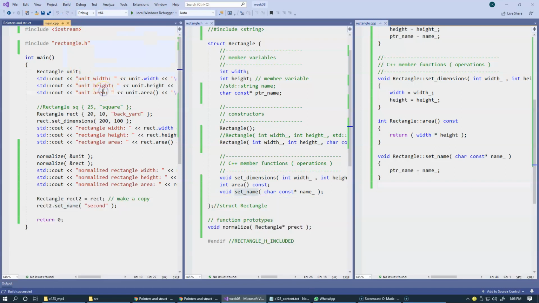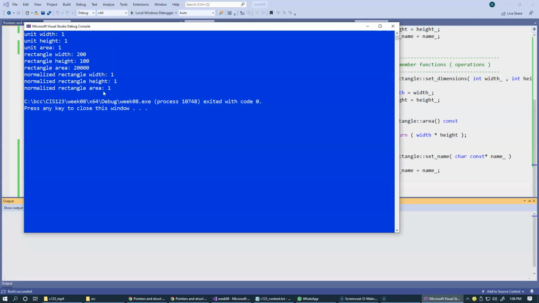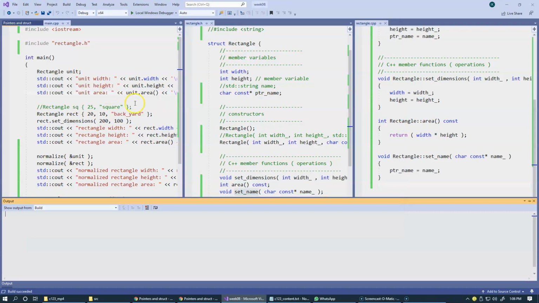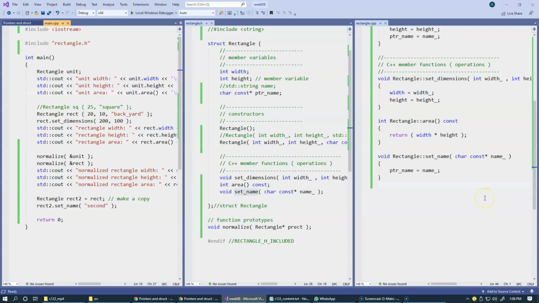Okay, so it builds fine. Let's find out how it works. So it seems to be working okay. We can start printing names of our rectangles pretty soon. And before we wrap up this introduction of the new function set name and how we add a new member function to our structure and how we define it,